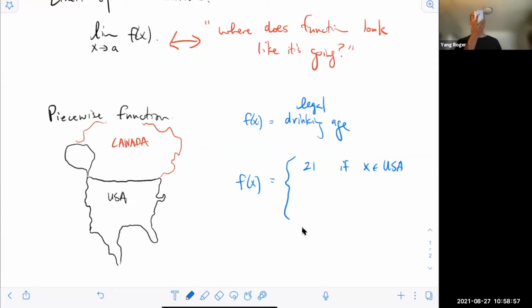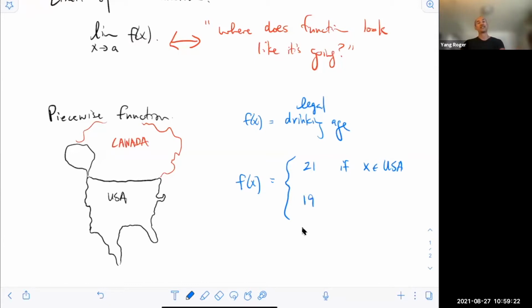What's the legal drinking age in Canada? Forget it. Siri never works for me. I'm pretty sure it's 19, 18. Oh, it depends on where you are in Canada. Okay, that's not good. Let's pretend that it's just 19 because I don't want to split it into even more